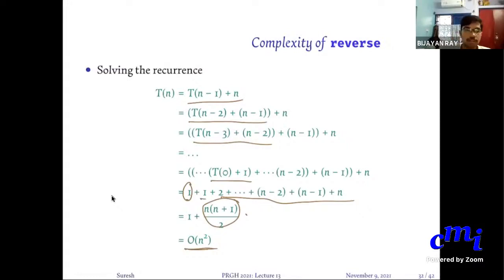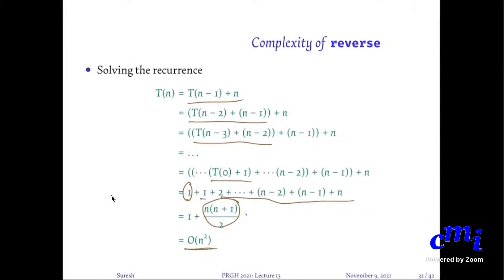But here we are actually getting the closed form of Tn, right? So in some algorithm, yeah, if you get the closed form, it's fine. But if you want to convey this information to someone else, it is much better to say that the growth rate is order n squared than to say the actual closed form, etc. Because it really doesn't matter. All you care about is what is the growth rate.